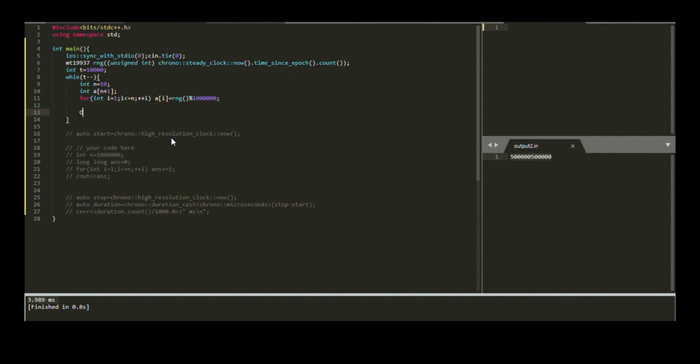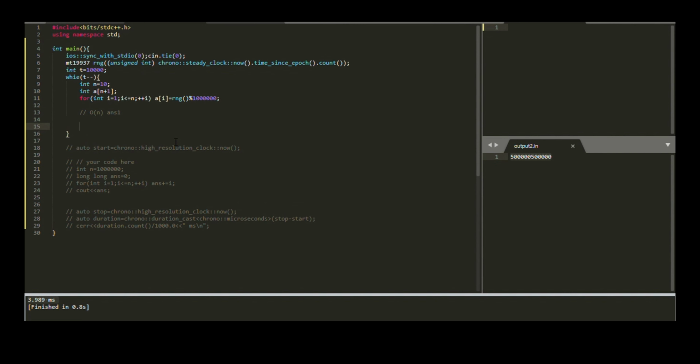Now here you can run your O(n) logic and store the corresponding answer in answer 1. And here you can run the O(n squared) logic and store the answer in answer 2.